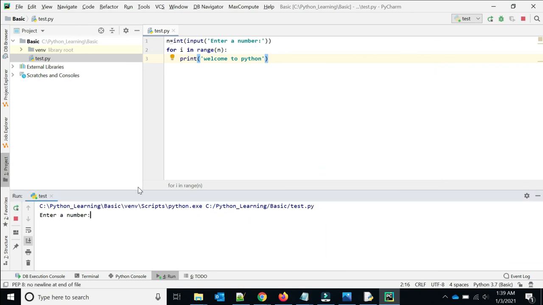So it is asking me enter a number, if I enter 2, it is printing welcome to Python. So this is the most popular IDE, which is used across industry to write all your Python code. So we will be practicing in PyCharm as well as in IDLE also. Okay, and we will be covering the details, how to work on PyCharm, how to debug it, everything as we proceed in the course. So we will discuss one by one.